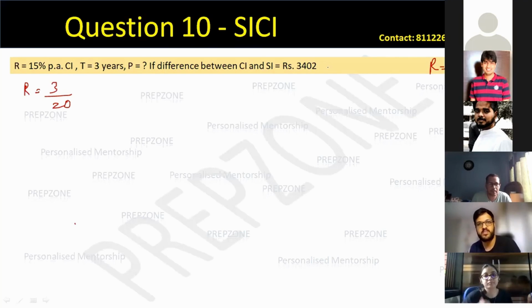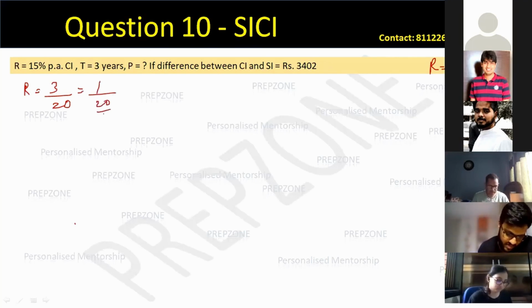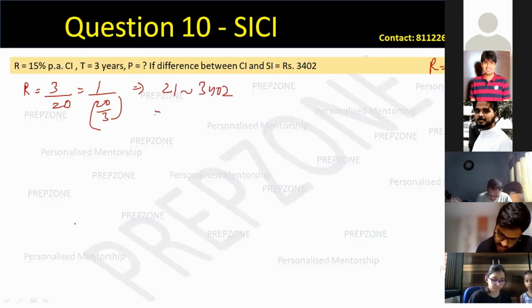So it does not matter कि A integer है या नहीं. So this is nothing but 1 by 20 by 3. Okay? So now A becomes 20 by 3. So difference between SI and CI कितना होगा? After 3 years, it will be 3A plus 1. A is 20 by 3. So 3 into 20 by 3, which is 20 plus 1, 21 units corresponds to 3402, which means 1 unit will be